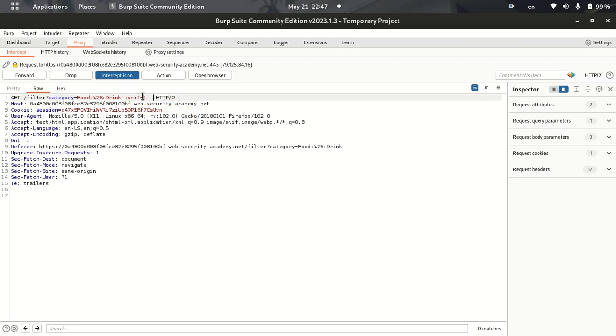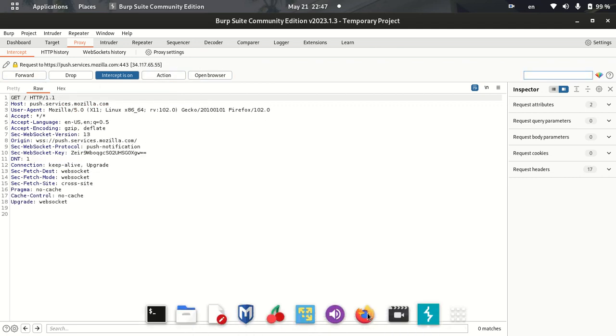These two hyphens mean comment out everything after them, so it will be ignored and nothing will happen. If you remember, the product should be released, so the hyphens are for that. We will not care about any other condition after the two hyphens. So this will be executed. Let's forward this